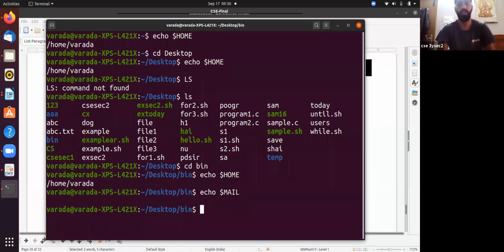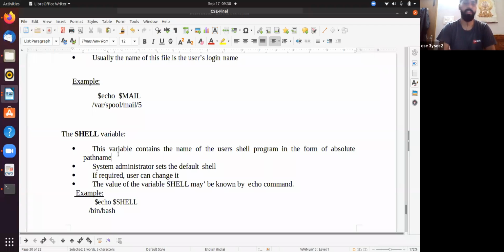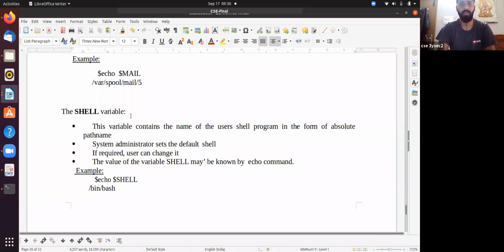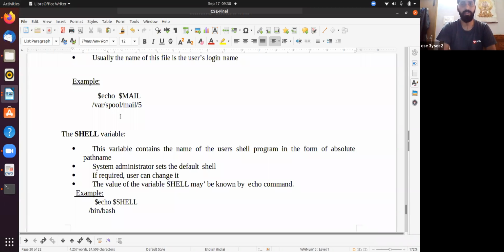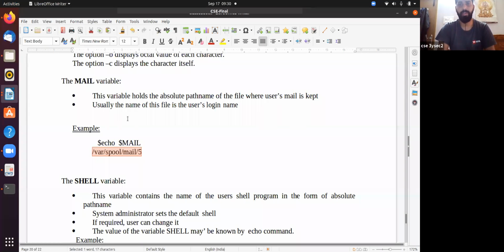Because I am the only person using this, so it does not display any message. If it is in a network, somebody will send mail to you. I hope you are all doing this in our lab sessions, sending mail to each other. At that time, echo $mail displays the absolute path of the mails where they are stored.